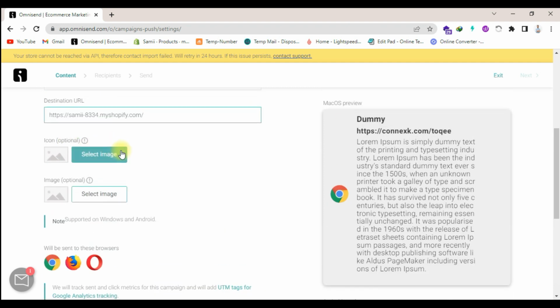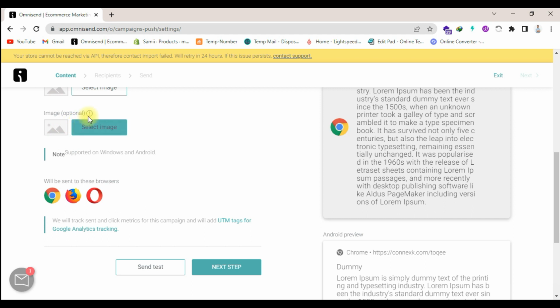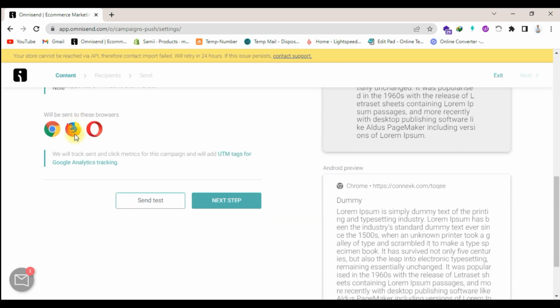The next step is, if you want to add an icon here, you can add it, and same option, image. If you want to add an image here, you can add it. Next you will see the browsers that support push notification. After ready for campaign, you will click the next step button,